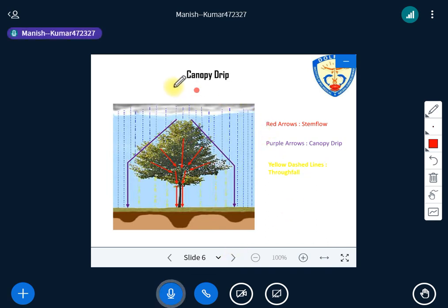Now the canopy drip, right? So again I'm representing the same tree, with the red arrows showing stem flow. It means flow from the branch and the main stem, isn't it? And then you get yellow. I think you are able to see this yellow. That is throughfall. Directly in between the gaps, the precipitation will come down to the ground itself. Generally, the rainfall we are talking about. And then you have this